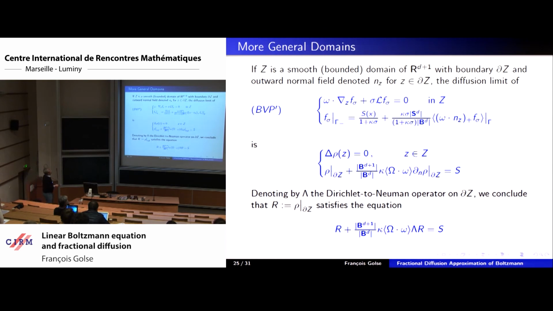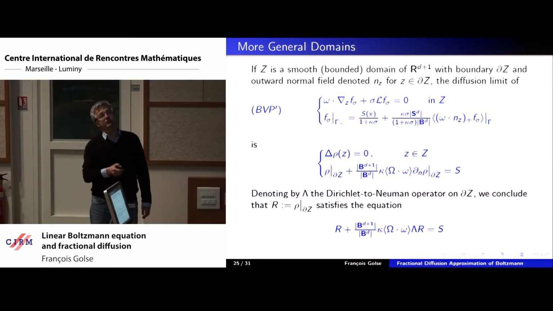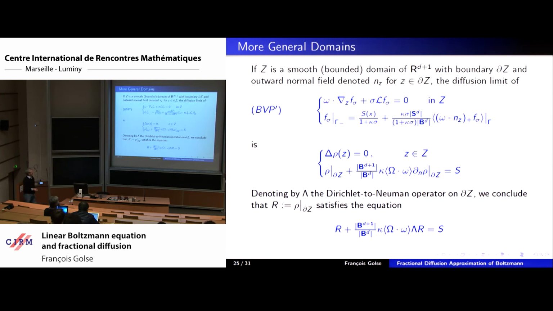But with the same notation as before, n_Z for the outward normal field. So now if you look at the same linear Boltzmann equation as before, for large sigma and the same boundary condition,